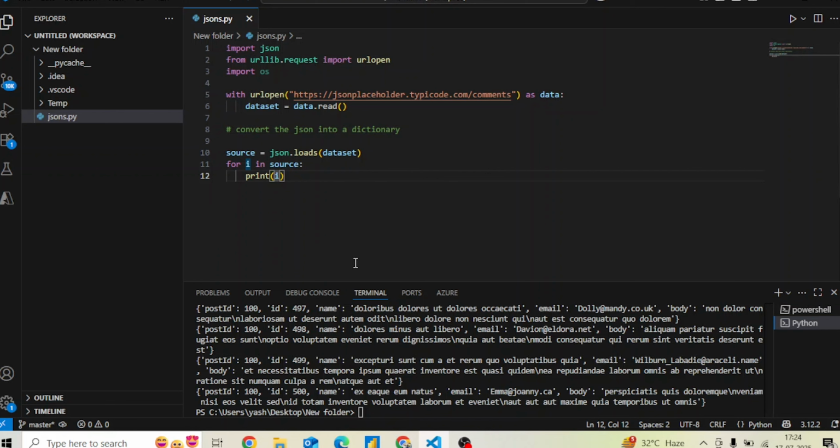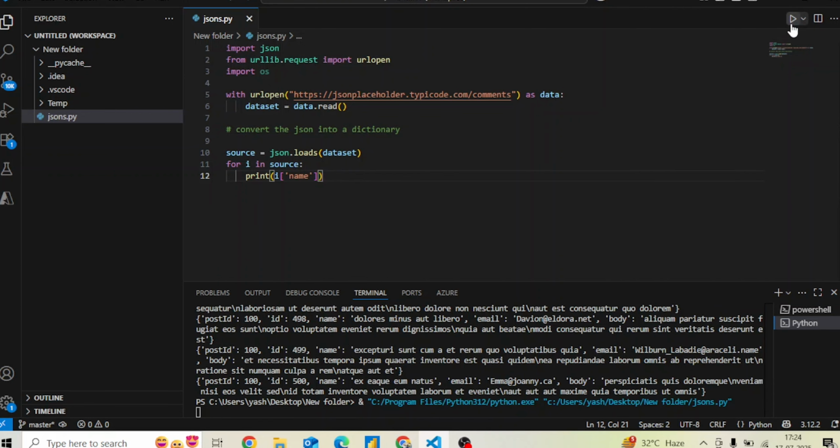Since i is a dictionary, I will simply pass in the key name over here. So name is my key. If I only type i of name, I will get the names from all the dictionaries. If I now go ahead and run this,